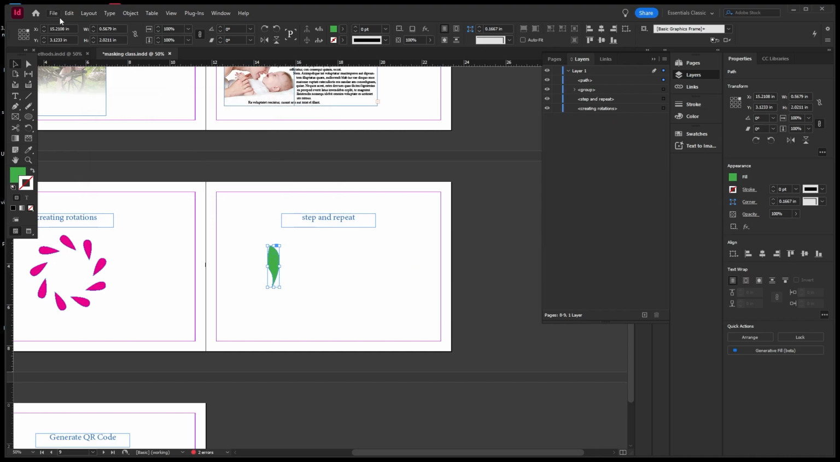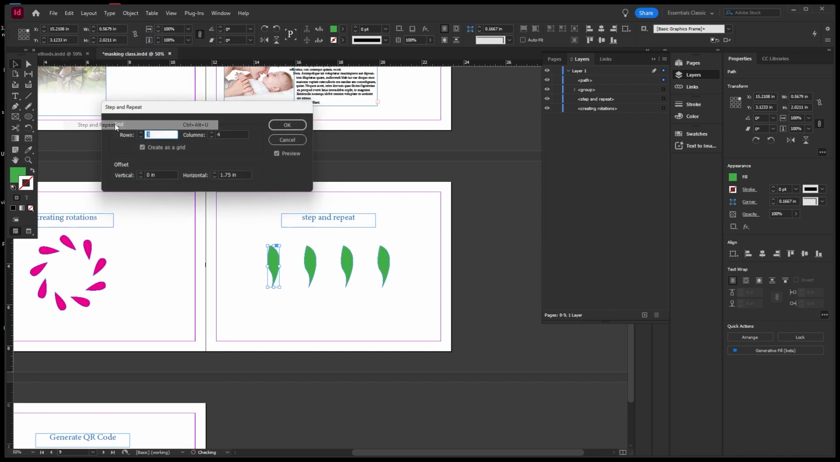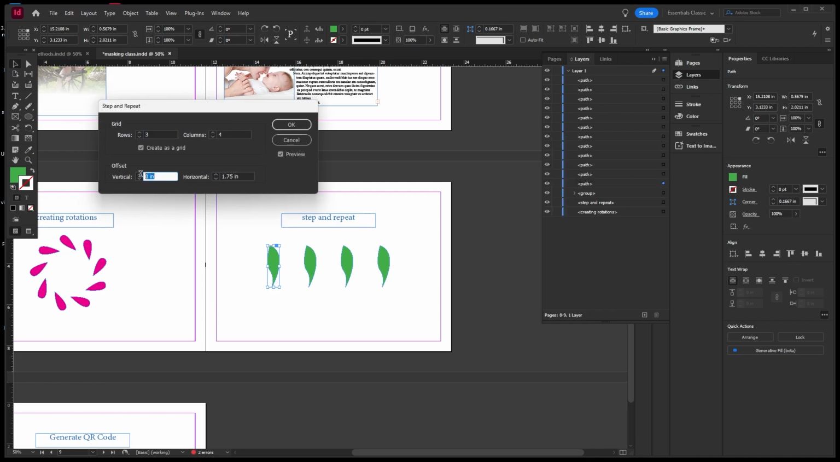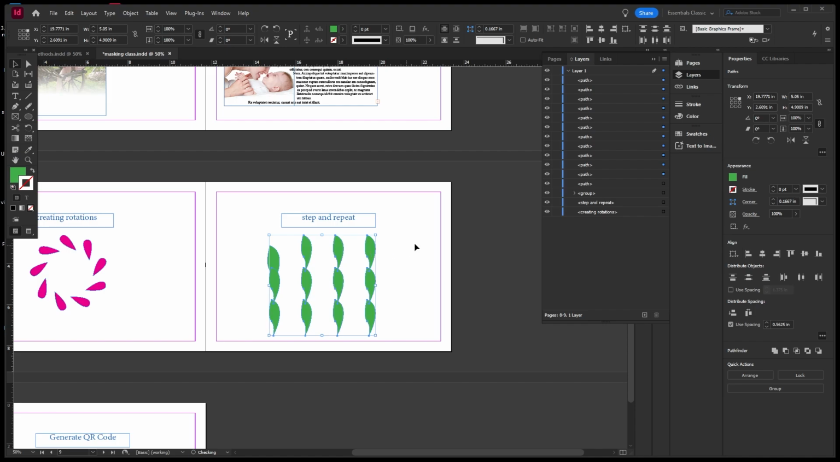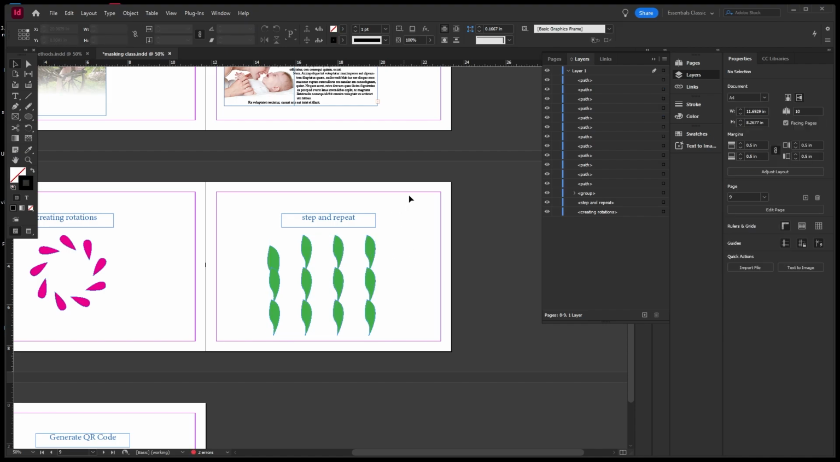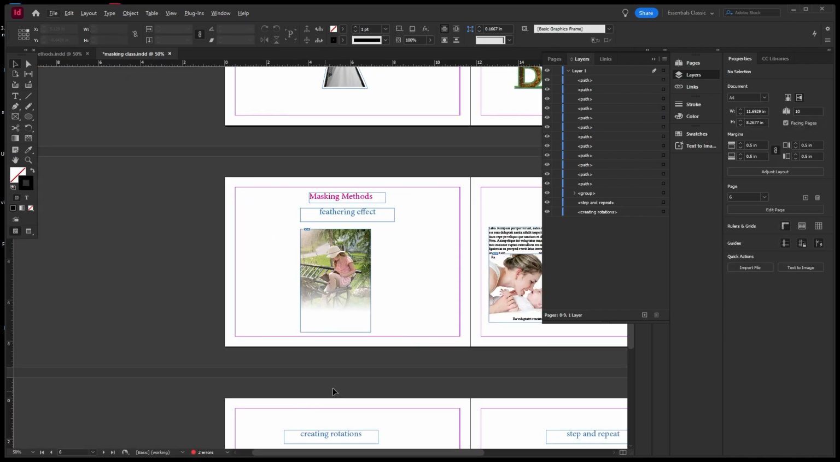First I'll create step and repeat again. Okay, so I'm giving 1.75, and now see, this is 4, right? So you can increase the rows if you want. Okay, so not required, this is yes. Okay, this is what? A step and repeat horizontally and vertically. Now come to creating this